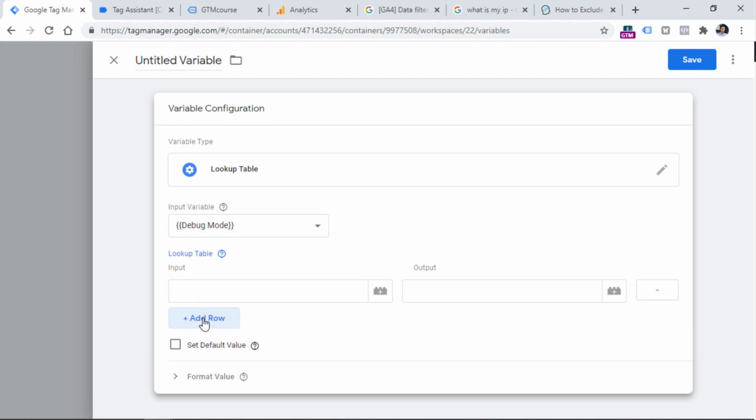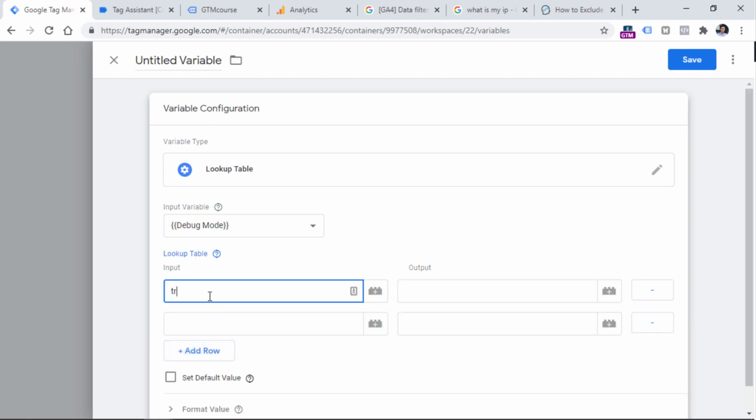then select debug mode, and then we are going to add two rows. In one row, we are going to define what should happen if the debug mode is in fact enabled. And in this case, I'm talking about the GTM debug and preview mode. So let's enter true. And in the other row, let's enter what we are going to do if its value is false. So if the debug mode variable's value is true, then we are going to change the value of the traffic type parameter, and we will set its value from internal to developer. Or you can enter something else like dev, developer, programmer, or something else. Just make sure that you don't enter the word internal here.